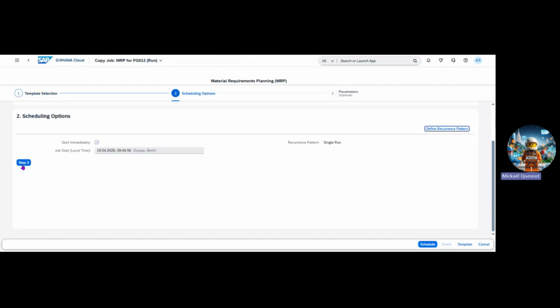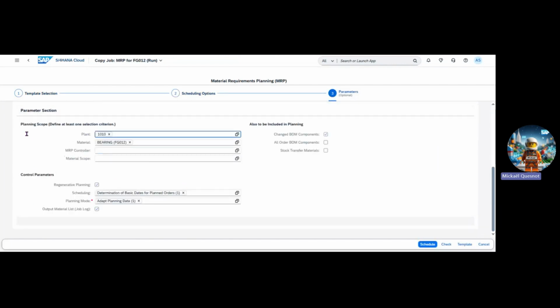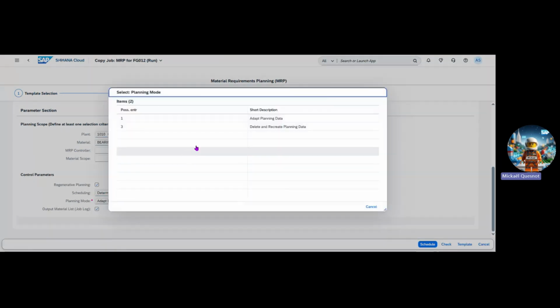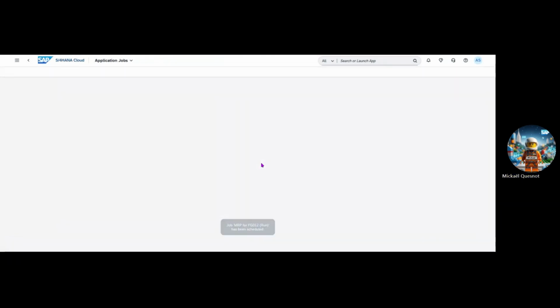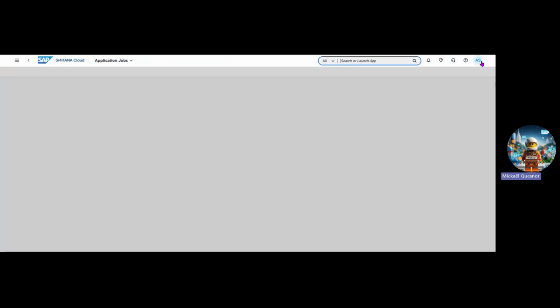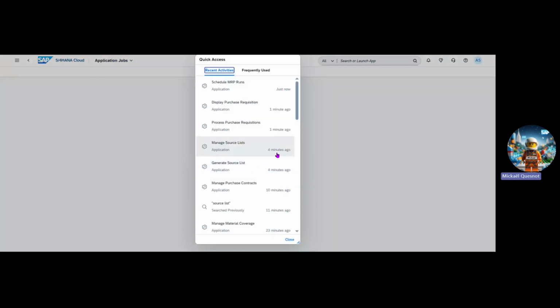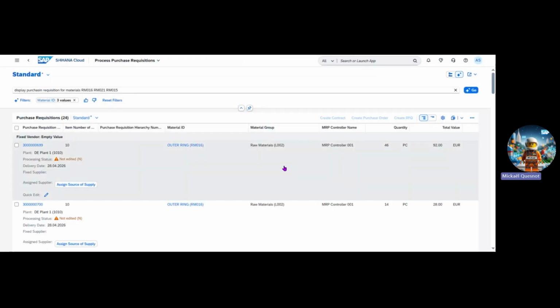So step 2, start immediately. And in the options, scope, define at least one selection material. Change. Boom. Okay, regenerative planning, determination of basic, and I don't want to adapt. I want to delete and recreate data and schedule. Yes. So I ask SAP to delete all the purchase requisitions. So if I go back in recent activity, process purchase requisition,